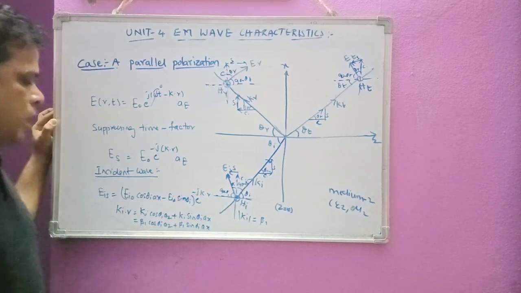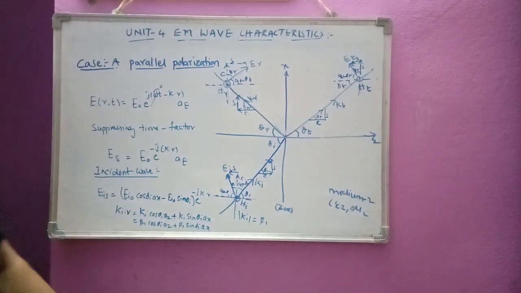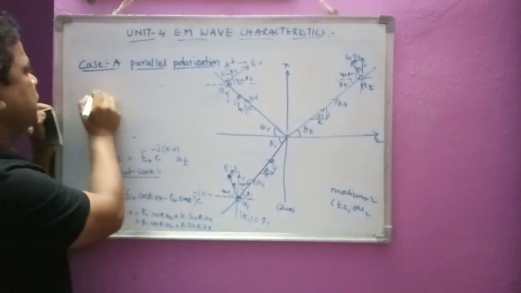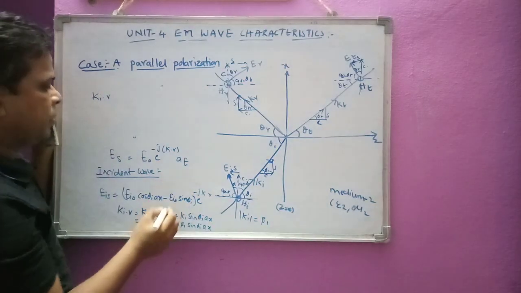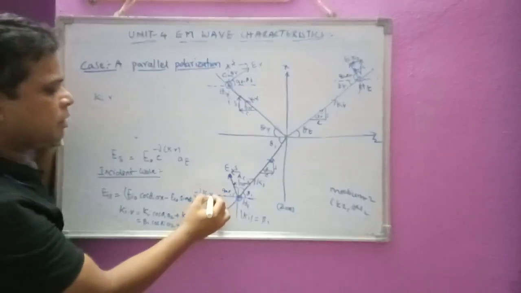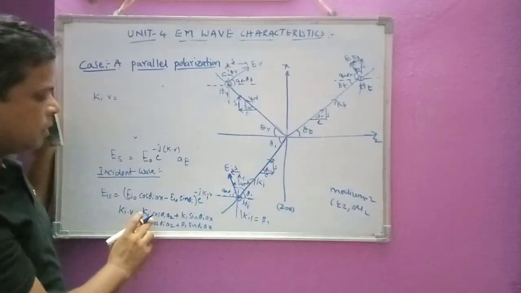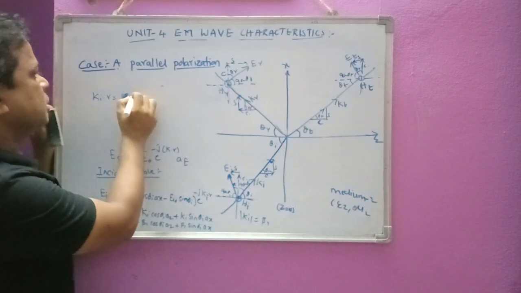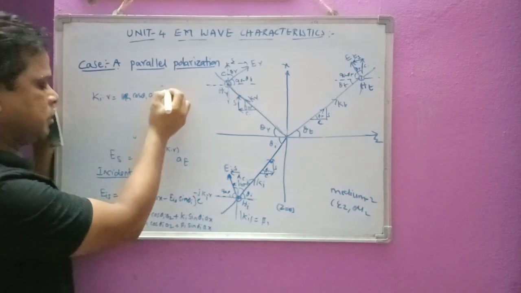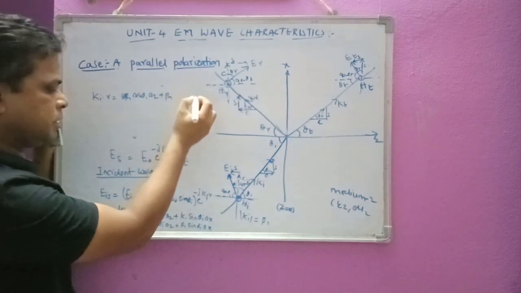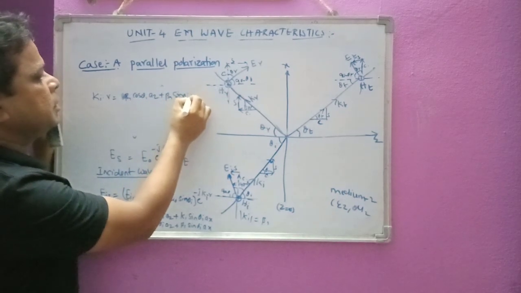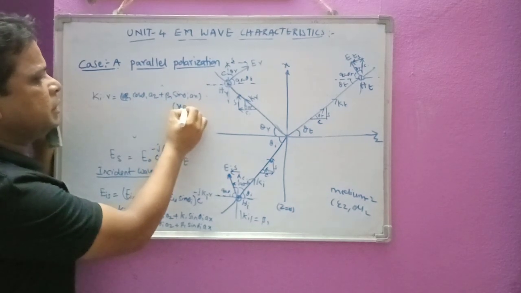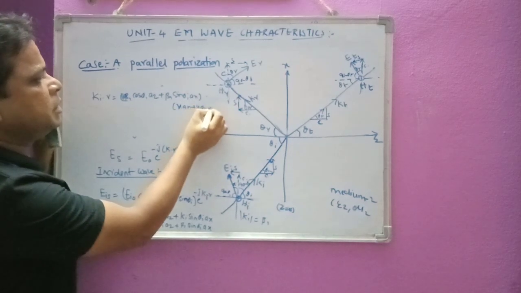Now the position vector, I have to make the dot product with this position vector here. I will erase here. Why? Because I have to make the dot product of k_i dot r. For the incident wave it will become k_i dot r. If I make use of this equation, that is beta 1 cos theta_i a_z plus beta 1 sin theta_i a_x, dotted with r, the position vector. Here we have x a_x plus y a_y plus z a_z.